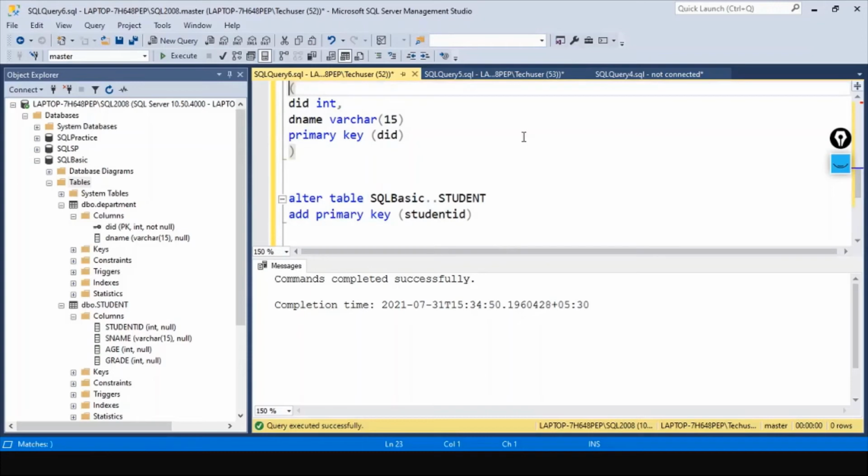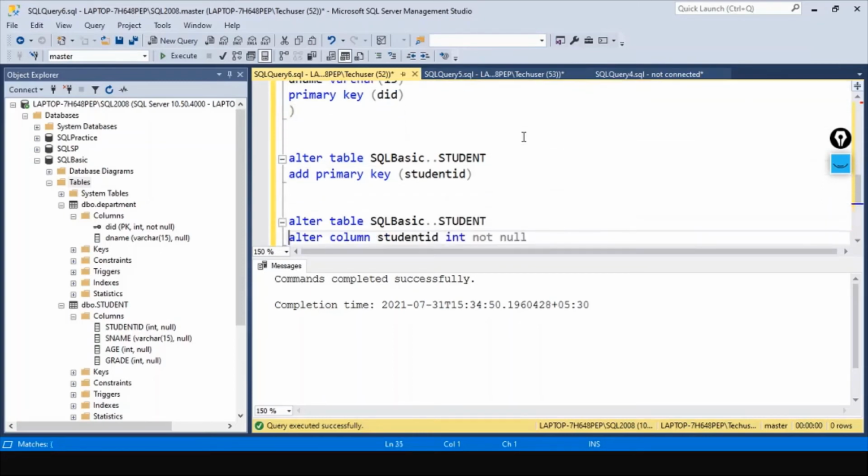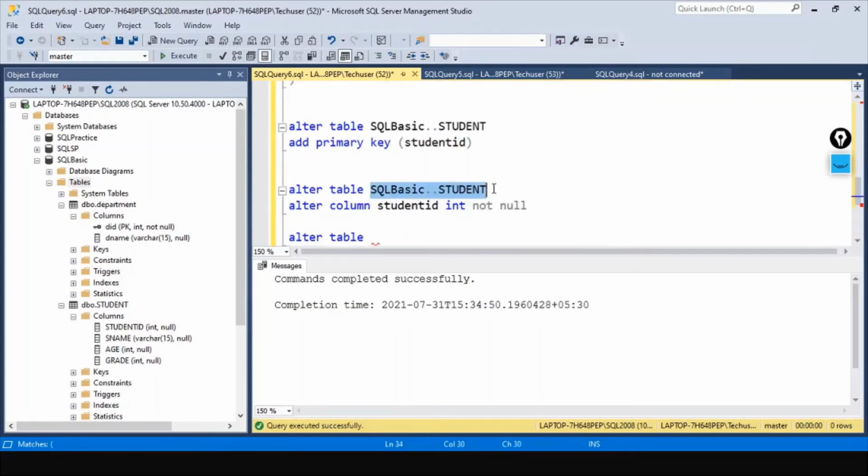Now, so far we are having primary key in both the tables. Now we are trying to create the foreign key. Let's go ahead and create it. Student. We have the column.